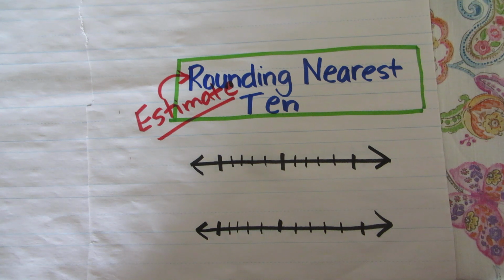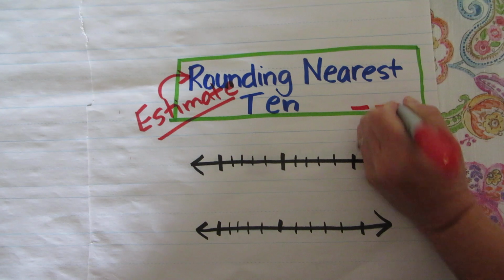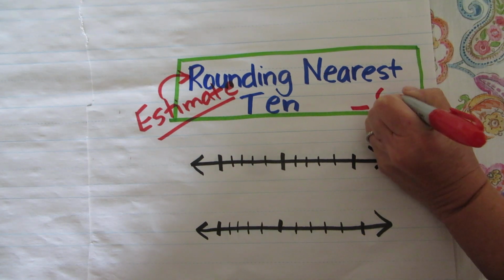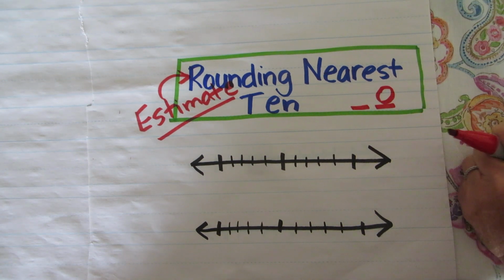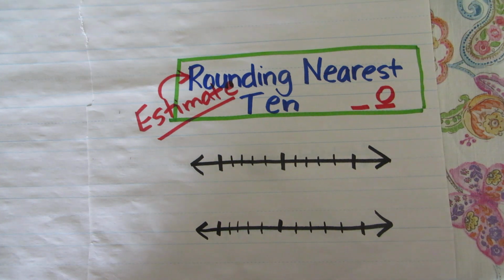100. So when you're rounding to the nearest 10, that means when you have your 2-digit number, the ones place has to have a 0 in it. Just like we did in lesson 2, it would be your numbers 10, 20, 30, 40, 50, 60, 70, 80, 90, 100 would be a nearest 10 number as well. All right, so when you are estimating and you have to subtract two numbers, first you have to do your